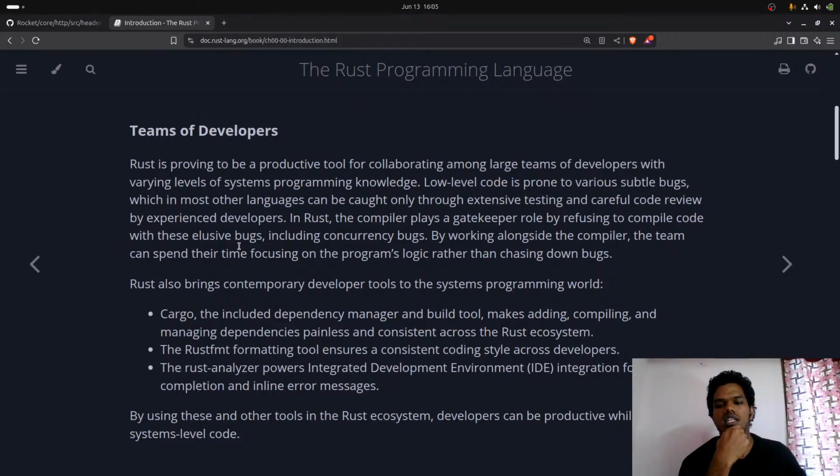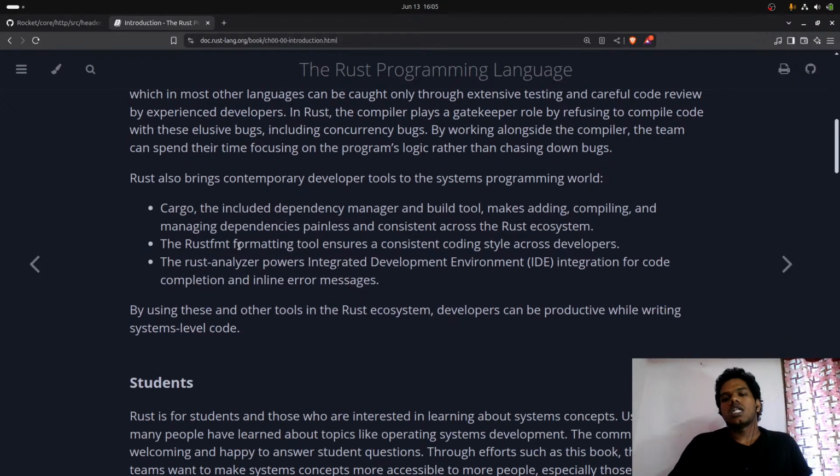By working alongside the compiler, the team can spend their time focusing on the programming logic rather than chasing down bugs. Okay, that's really a good take. This compiler thing, I need to talk about this because